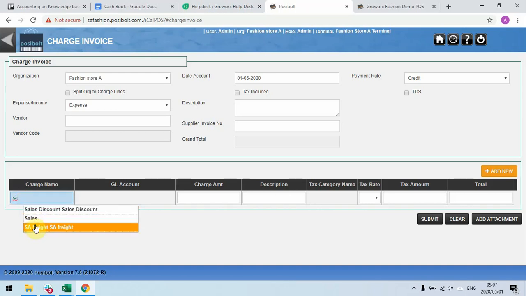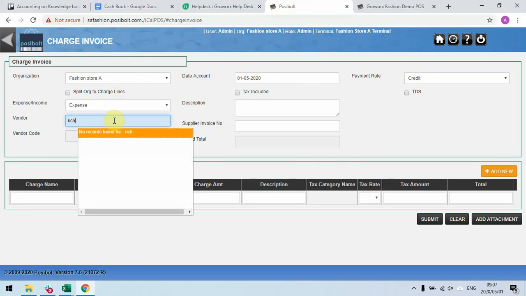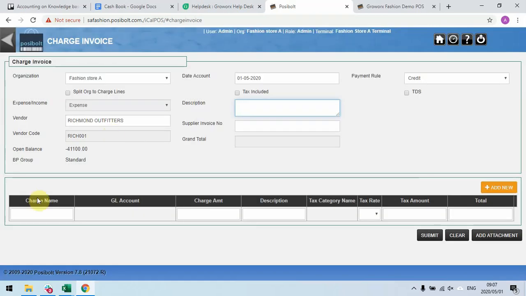I'll go for SA fried sales. It forces you to choose your vendor first before you do anything else, and then now let's put in your sales discount. We want to do a fried one,